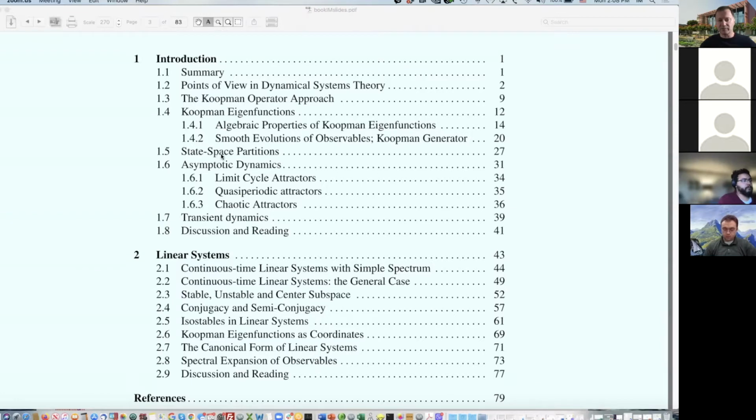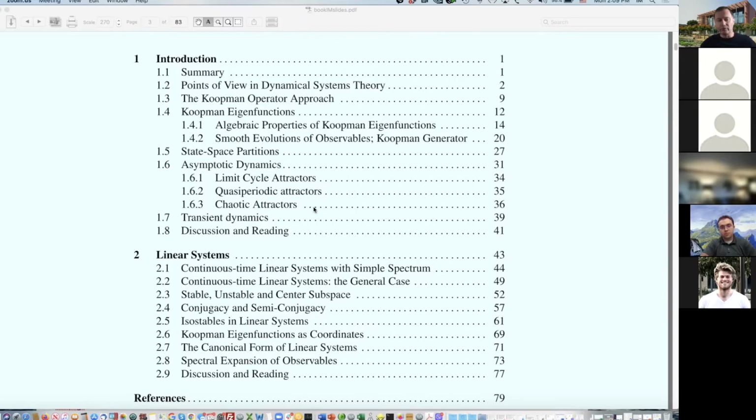of state space partitions. This is a topic that doesn't get covered as much in classical geometric dynamical systems courses, but it's quite important in the context of applications of Koopman operator theory to dynamical systems. So I'll spend some time discussing this today as the part of the background that we are building, and then depending on time, today we are also going to talk,